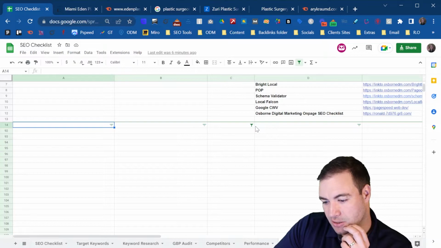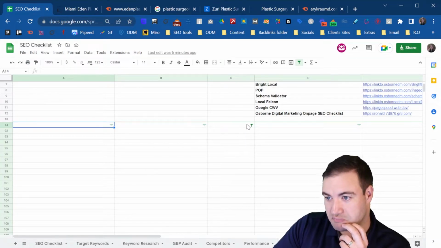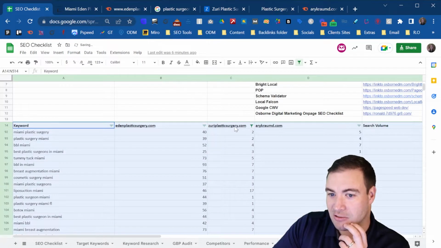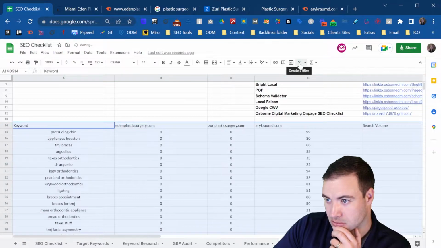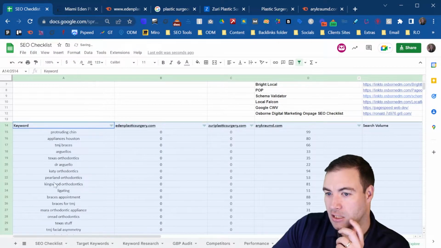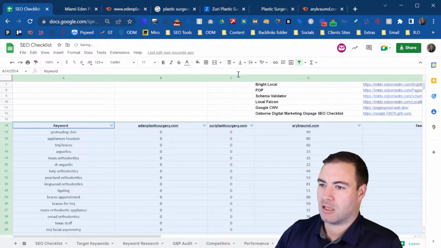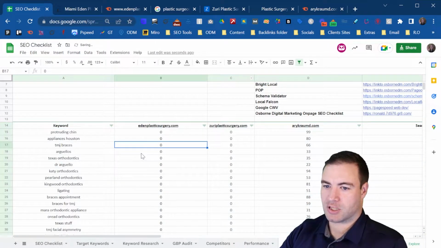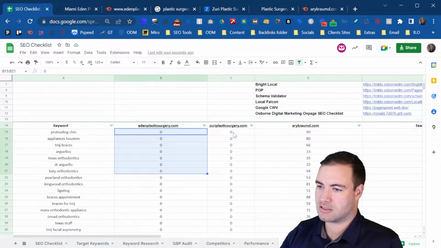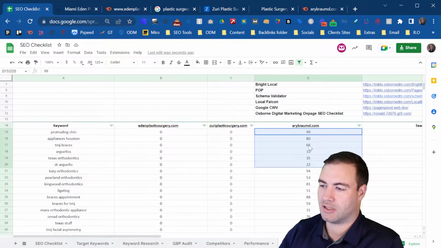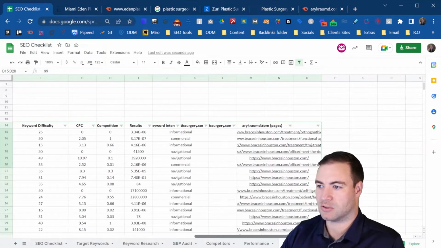And this is why I don't like doing more than 500 words, guys, because it starts taking a long time. Let's get rid of that. Put the filter on. There we go. Let's beautify it a little bit. Make it all centered. Beautiful. So here's our keywords. This is us. Competitor, competitor. Okay, so you can go through and filter everything out,